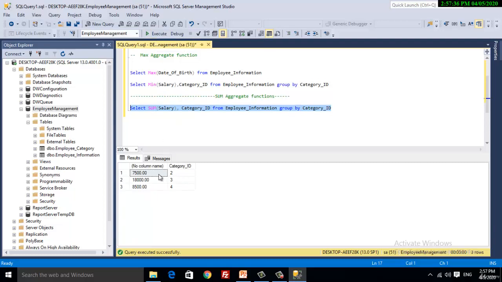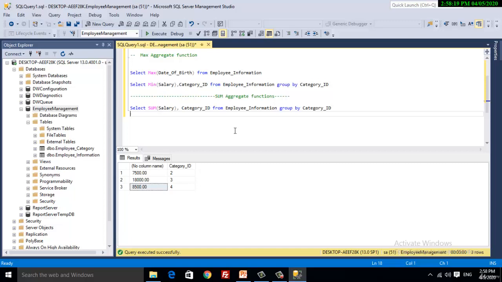Upon execution, you can see that the total sum of salary for category 2 is 7500. For category 3, the total sum of column salary is 18,000. Total sum of column salary for category 4 is 8500.